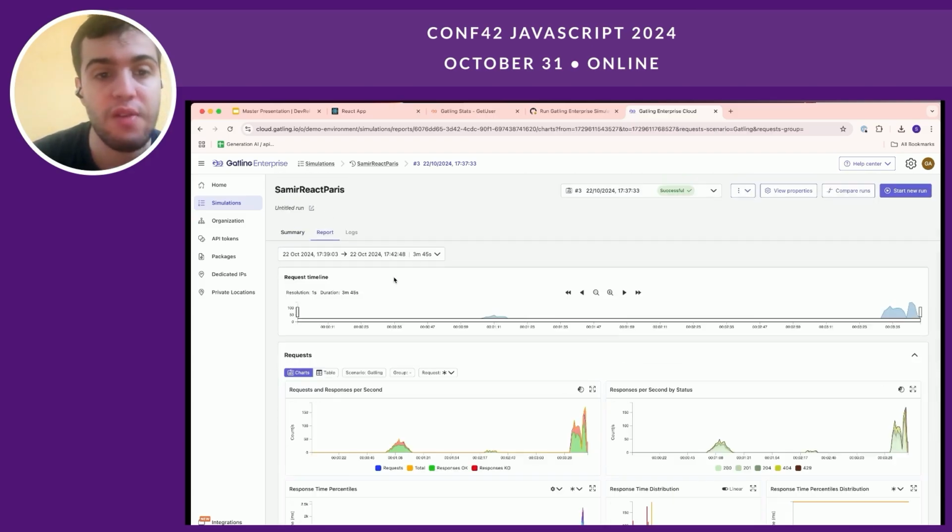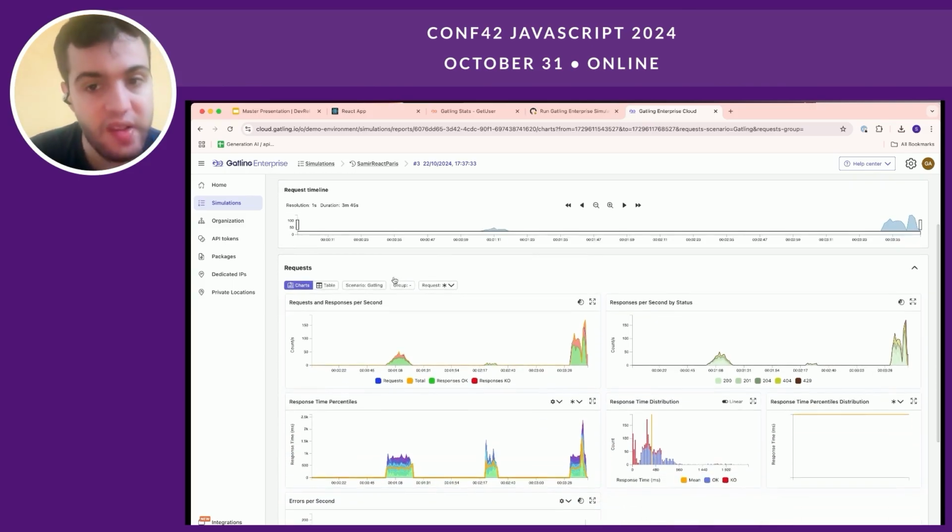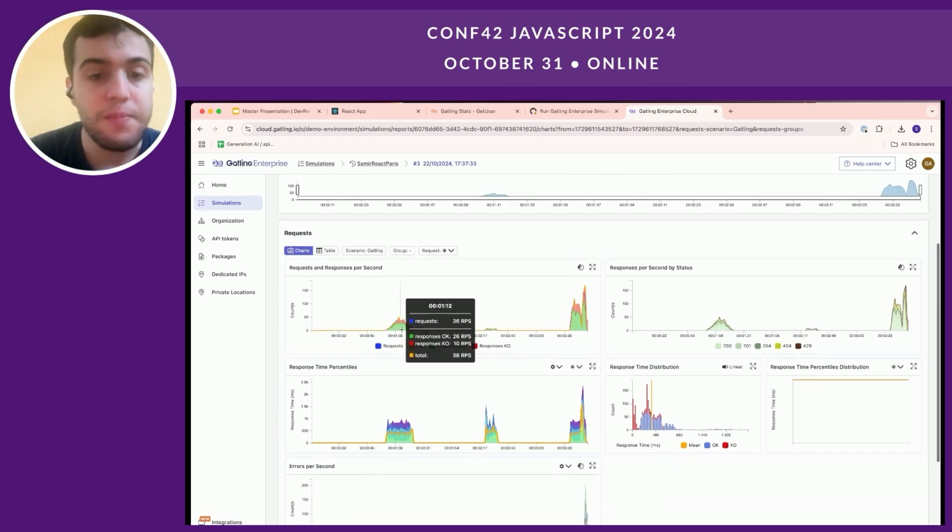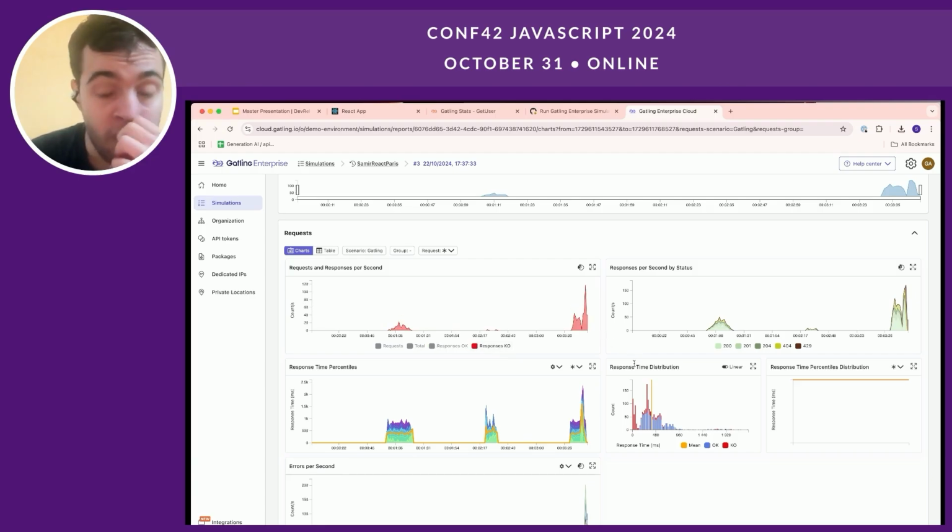Also on the report, we have a lot of information. We can see the request timeline. We can see the number of requests and requests per second typically. So the number of requests, the ones which were OK, the ones which were KO. You can filter. Also the responses per second by status. You can say, okay, I want only the